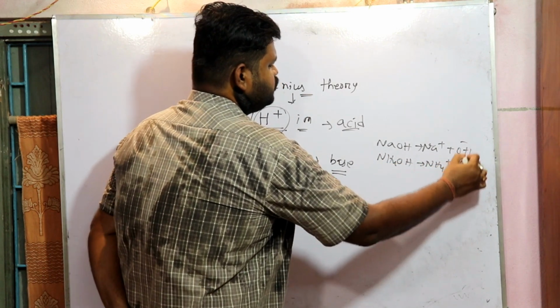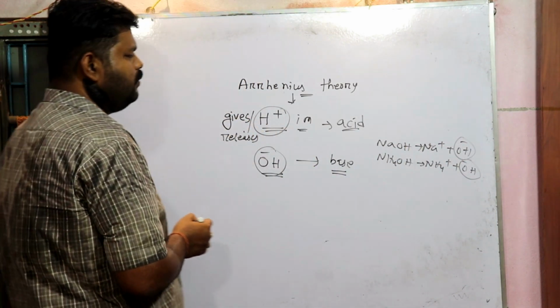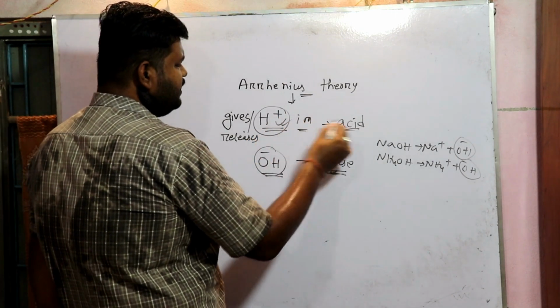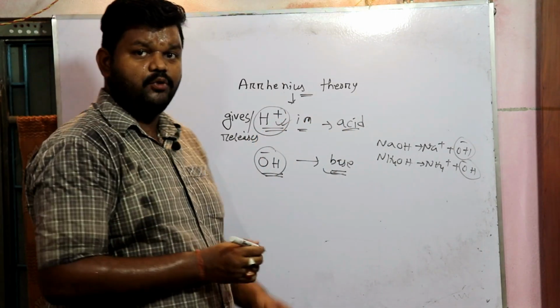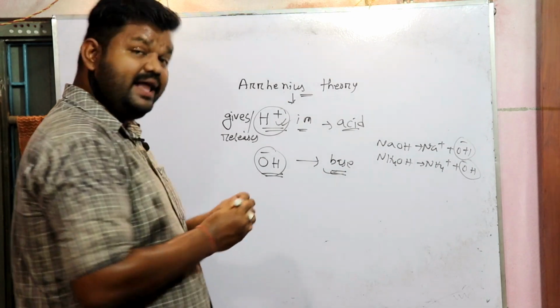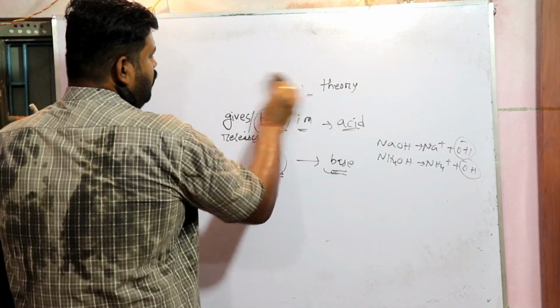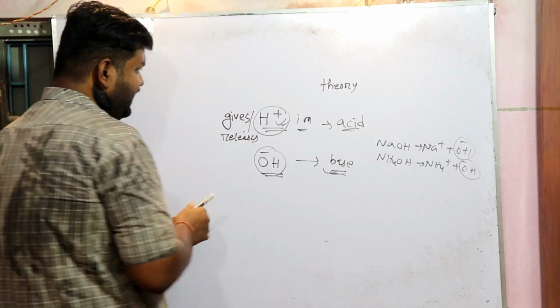That means the substances which are giving OH minus in the aqueous medium will be known as base, whereas the substances which are giving H plus ion in the water medium or aqueous medium will be known as acid. This is the concept of Arrhenius theory. But after that a new theory came, that is